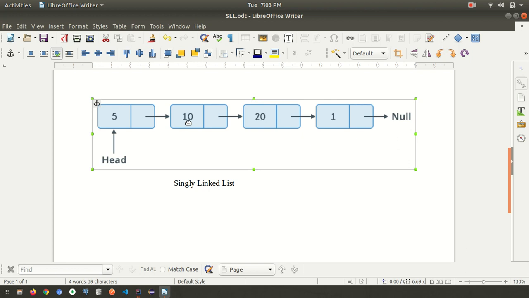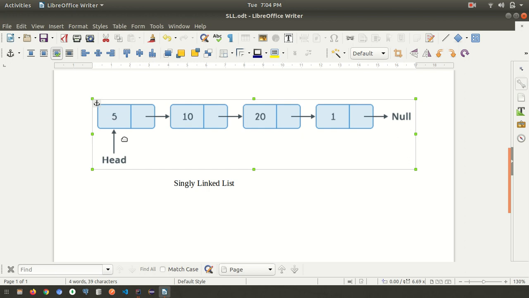Yeah, if you want to delete also, if you are deleting the first element, it will take less time. But if you are deleting the last element, it will take more time. It means the time complexity of this algorithm for deletion and the search operation. If you are deleting the nth index data, it will take order of n. If you are doing the middle, it will take order of n by 2, like that. If you are doing the first one, then it will take order of 1 time.